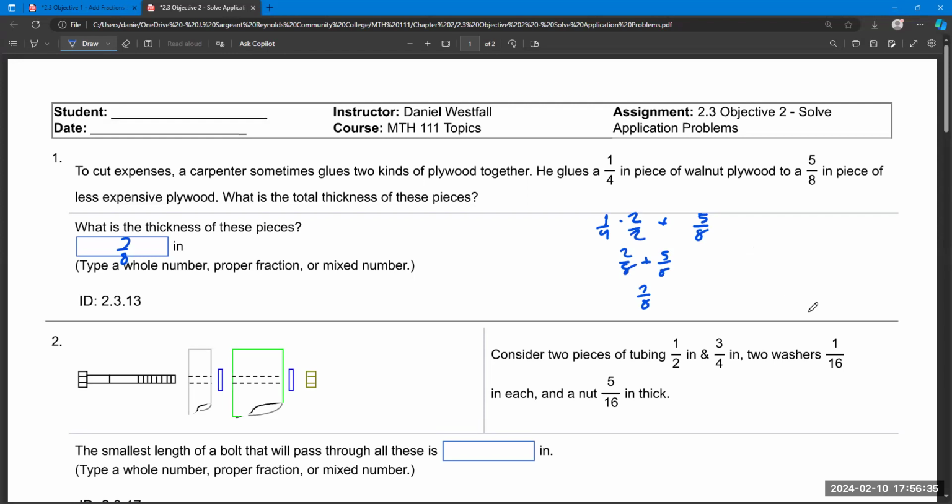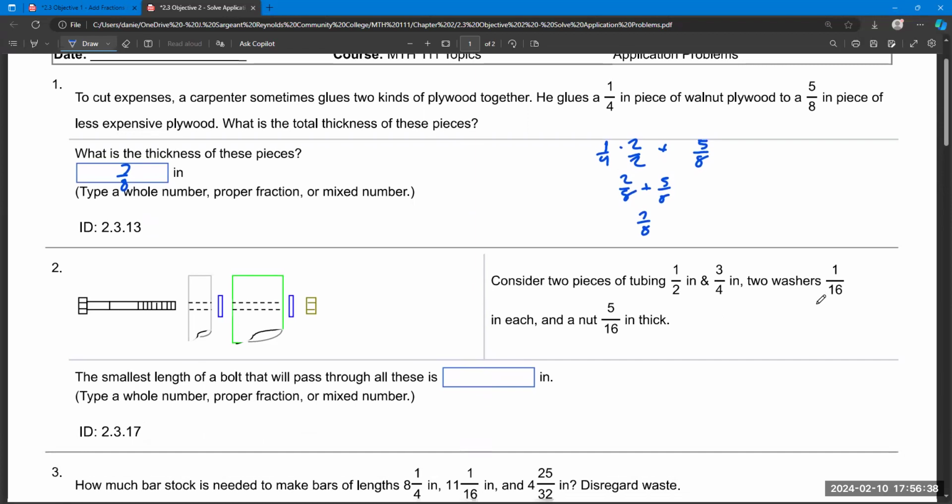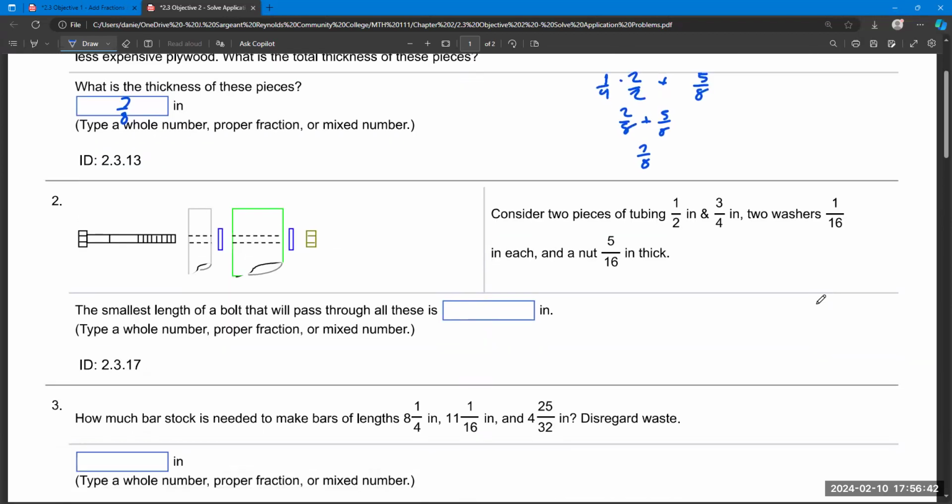Now consider the two pieces of tubing, 1/2 inch and 3/4 of an inch, and the two washers that are 1/16 of an inch each, and a nut that is 5/16 of an inch thick. So we're looking at all of these things that the bolt has to pass through. So let's add 1/2 plus 3/4 plus 2/16 plus 5/16. The reason I wrote 2/16 is because this is 1/16 plus another 1/16. If you want to write that,